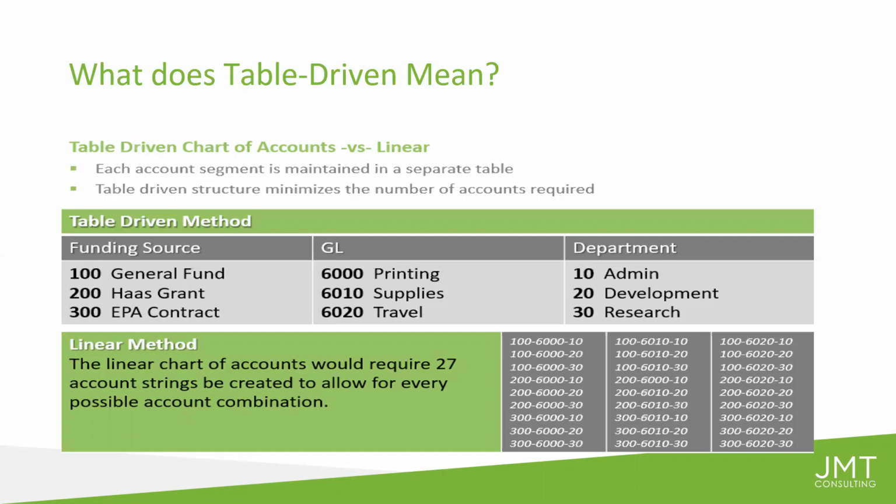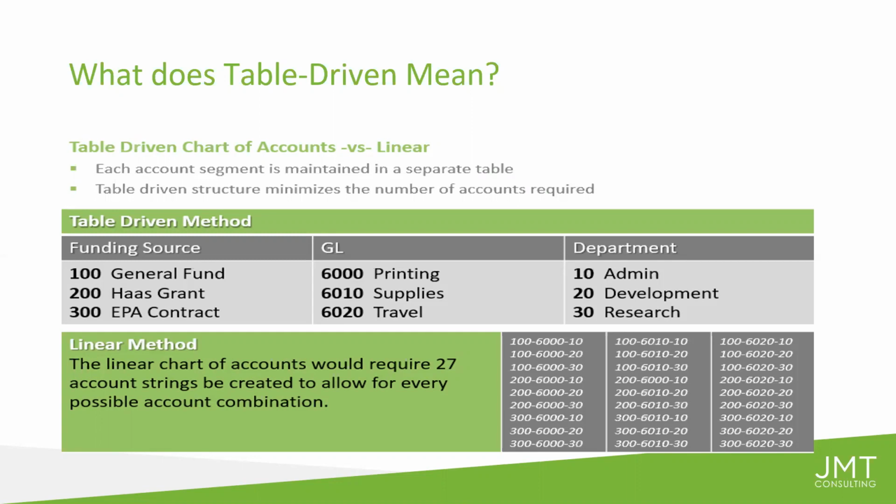Customers using the linear method will often tell us that their chart of accounts is 30, 40, 50 pages long. These long, archaic strings are comprised of every possible combination you can think of. From our standpoint, that's where the problem lies. With hundreds of account codes, strings to manage, it's difficult to isolate the specific piece of data you're trying to report. And customers would tell us that they'd have to dump all their data into a spreadsheet and then manipulate the data from there. We're going to tell you the same thing we told them.